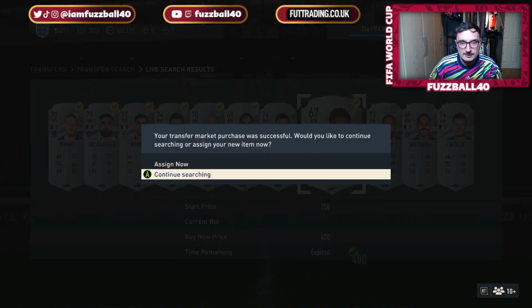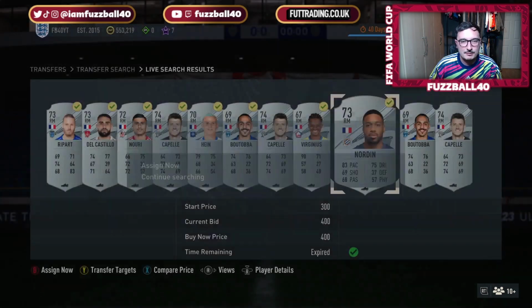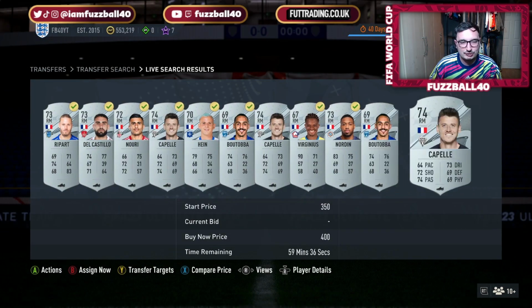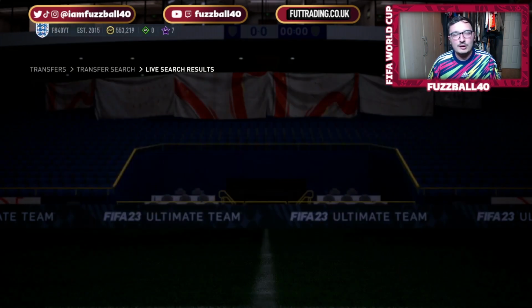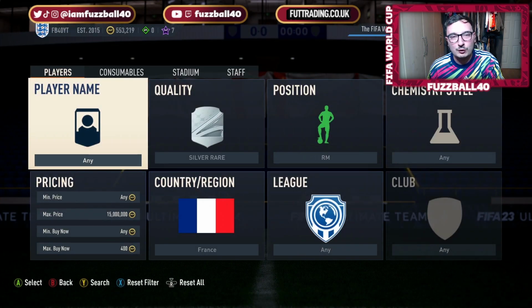EA to go and bring out an SBC that requires left mids and right mids. And you're going to get links to them via the French way of doing it. So French way or English way or whatever it is. And they will double up in profit. So if you lose coins on some cards, it doesn't matter because you've got this stuff in your club sitting